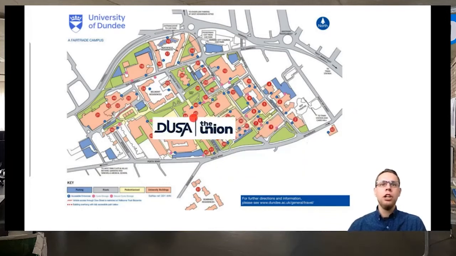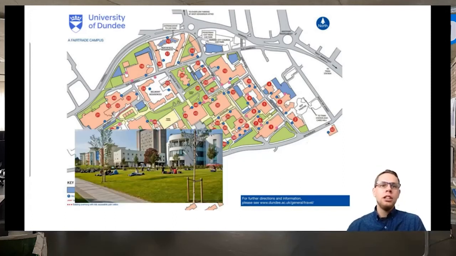You also have in the rest of the building here in front of the Queen Mother building, the Students Association of the university, so that's the Dundee University Students Association, which is running a bunch of bars, and they're also offering one of the best discotheques of the university, so very good to be close by. Finally, as you can see, we have a very nice green area here, and just next to the building, you have one of the biggest residences of the university. So we are very well situated on campus.